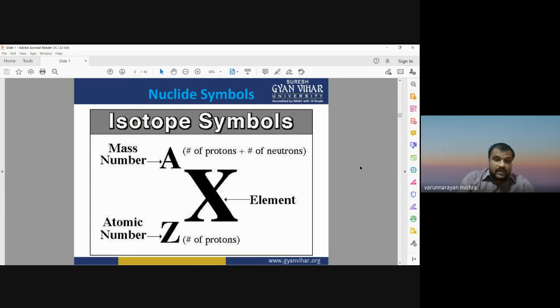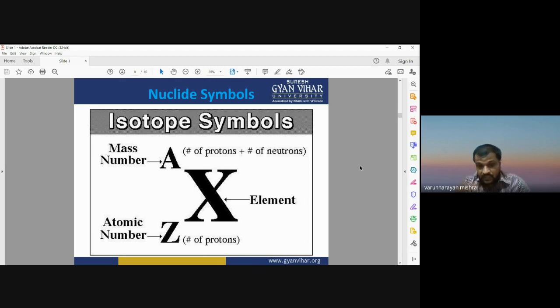So this is the nomenclature system which is used to write the mass number and atomic number. Suppose an element is X. If its mass number is 100 and the number of protons is 50, it will be written as 100X50. 100 represents the mass number, that is the total number of protons plus neutrons in the nucleus, and Z is only the total number of protons, that is the atomic number. So by getting the total number of protons, we can know the atomic number of that element.